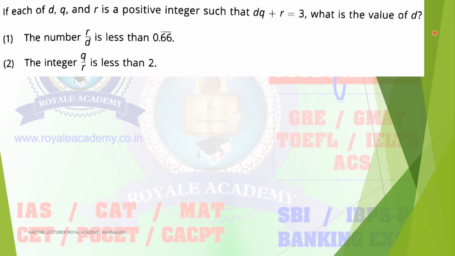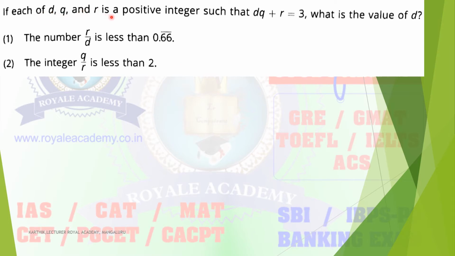The options are like this. Option A, the first statement alone can answer the question. Option B, the second statement alone can answer the question. Option C, both statements together can answer the question. Option D, each statement alone can answer the question. And fifth, none of the above, that is, not sufficient to answer the question, which is the fifth option. So we'll see.